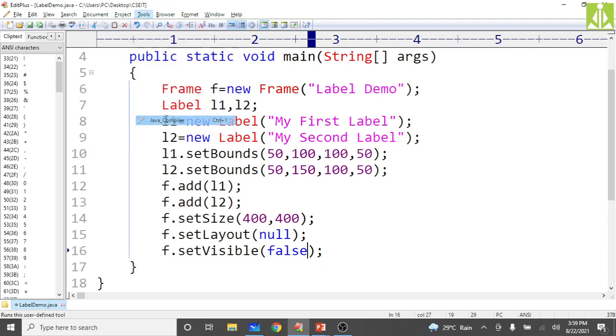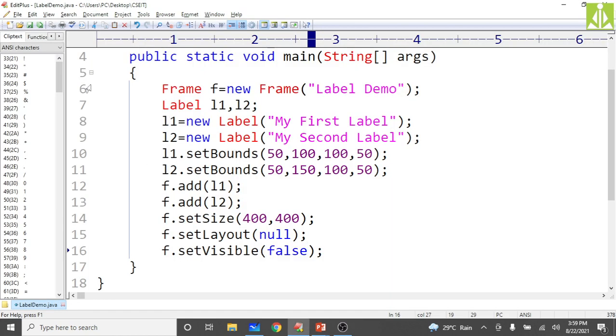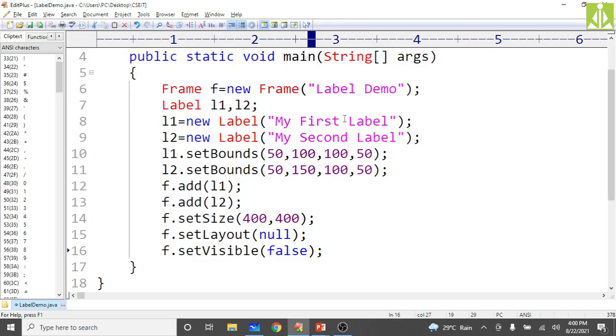Simply compile, done, and then run. We're not getting any output. The reason is that we have not set the visibility to true for that frame. So you need to make the visibility true, then only you can see the frame.